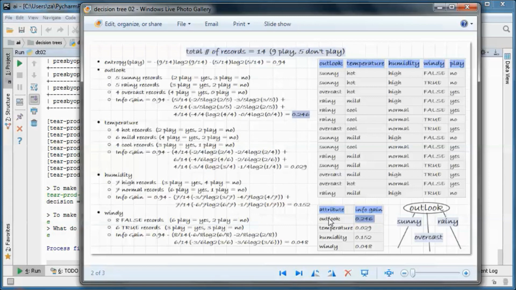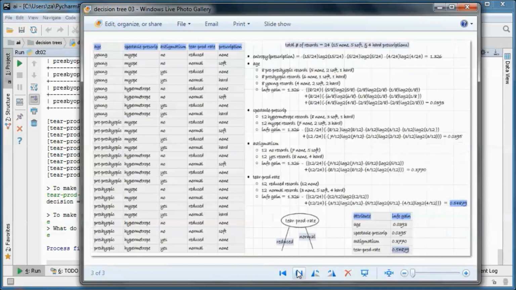And we find that the outlook has the highest information gain, so we decide to split on that. And for the contact lenses dataset, we calculate the entropy and the information gains for age, spectacle prescription, astigmatism, and tear prod rate. And we find that tear prod rate has the highest information gain, so we split on that.